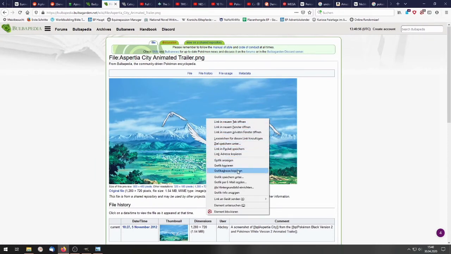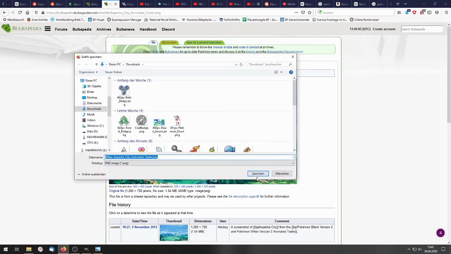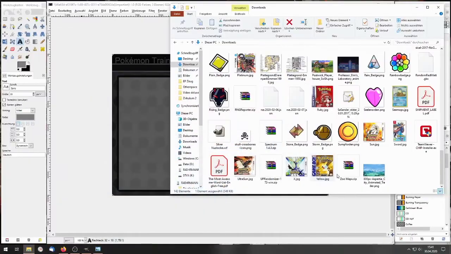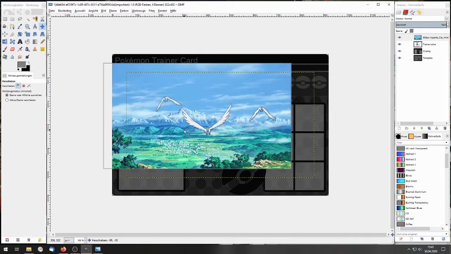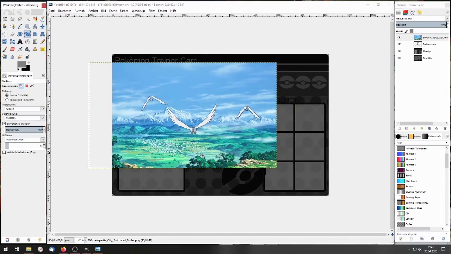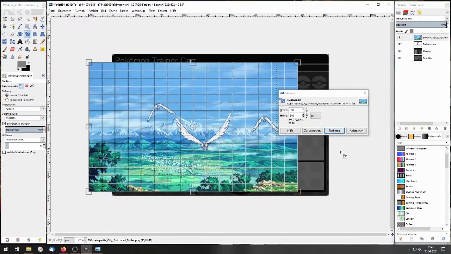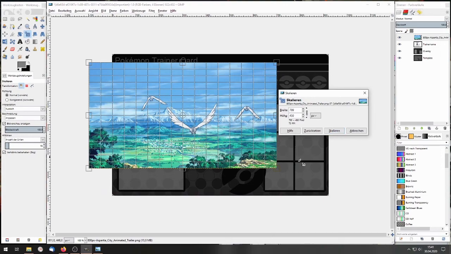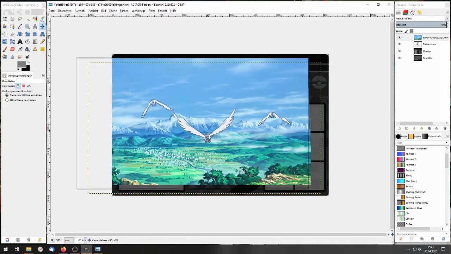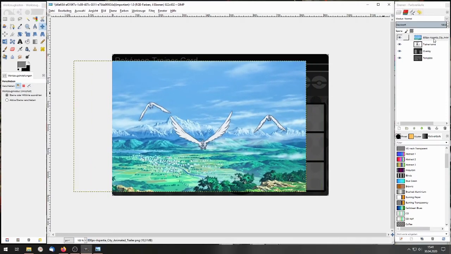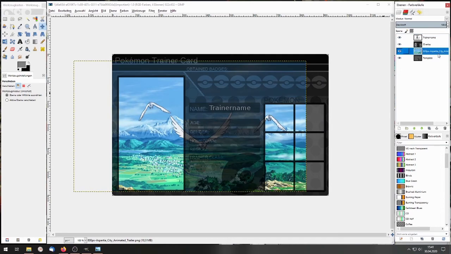So I take this far away picture, save it, and then I can put this picture into here. I can just drag and drop it here and it makes it a new layer. So I try to get the part I want, alter the layer, scale it, just put it a bit here, and then I drop this layer beneath this overlay,